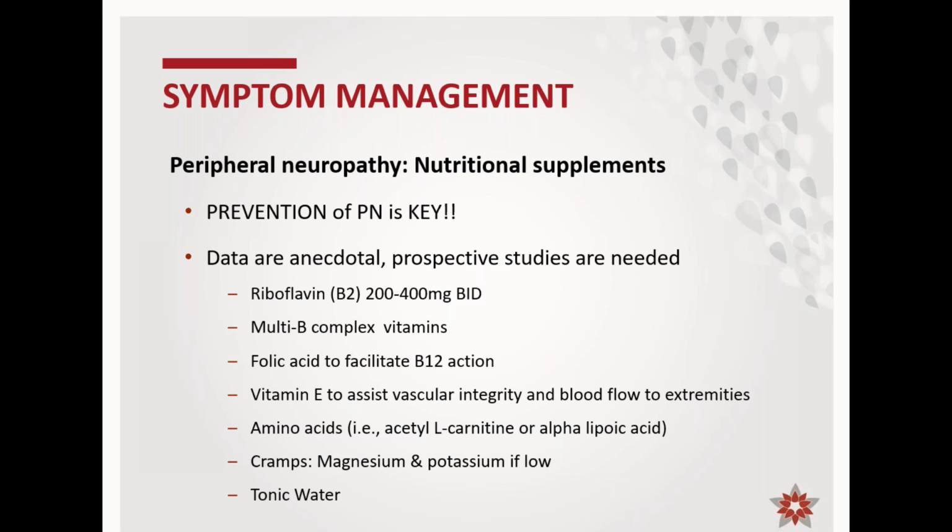You can take these as a preventative measure if you want. Most physicians will tell you that multi-B complex is probably all you need. If you take all of these different things, it starts to add up. It gets pretty expensive. If you happen to have cramping along with your neuropathy, you can have your magnesium and